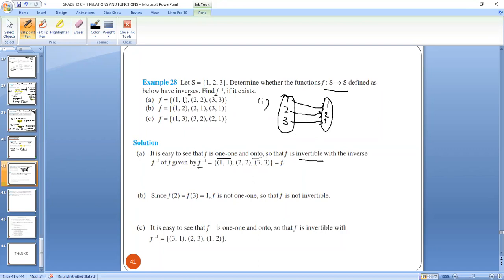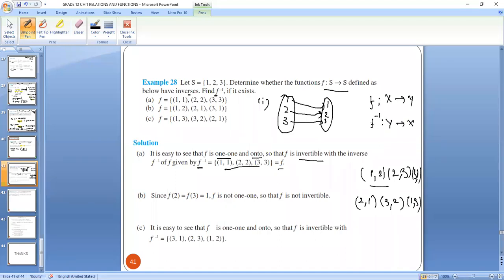It is easy to see that f is 1-1 and onto, so f is invertible with the inverse f. Inverse f क्या हो जाएगा? 1 1 2 2 3 3, जो कि f ही आ गया. बट एक्चुअली अगर यहाँ पे 1 2, 2 3, 3 1 होता, तो इनवर्स में 1 2 का 2 1, 2 3 का 3 2, और 3 1 का 1 3 हो जाना था. यानी कि x to y जो मैपिंग है वो y to x में इनवर्स हो जाती. इस तरह से ये f इनवर्स हो जाता अगर f मैपिंग हमें s to s दी हुई है, राइट.